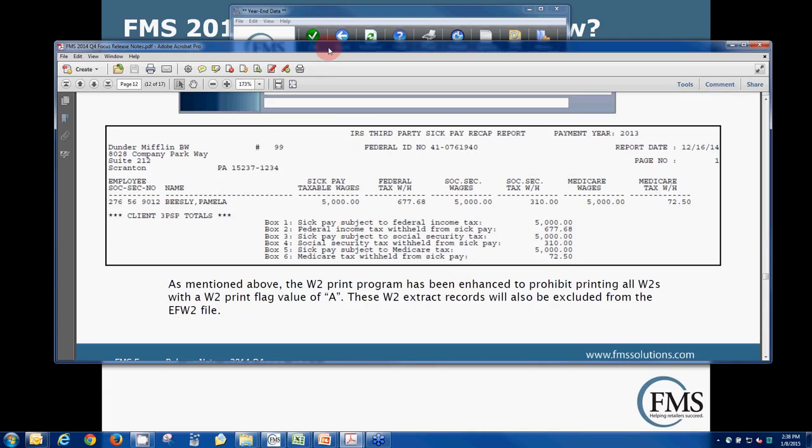So it's going to find all of the W-2 records that are flagged with an A for third-party sick pay agent, and it's going to gather up all those wages and tax and put them on this report. And then